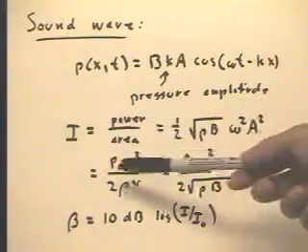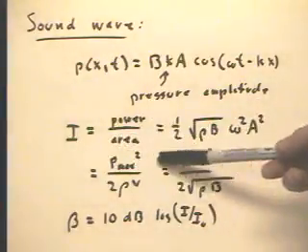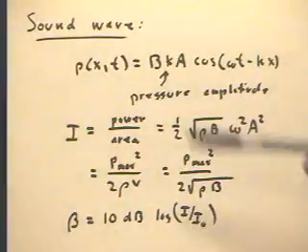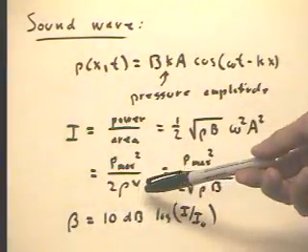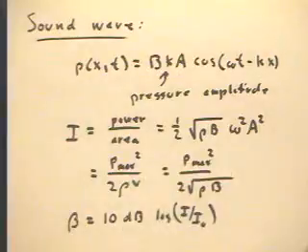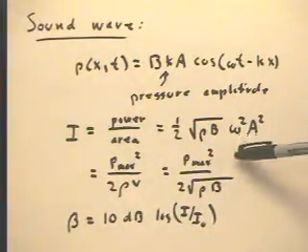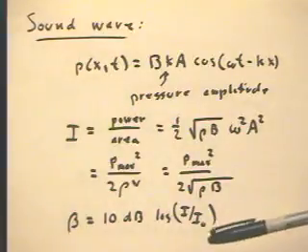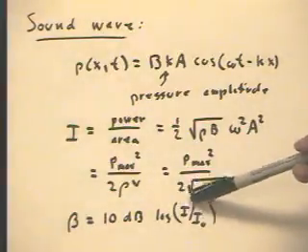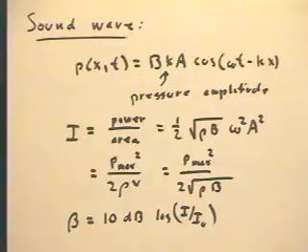So the intensity could be expressed as the square of the maximum pressure difference from equilibrium divided by 2 times rho v, where v is the velocity, or the square of the maximum pressure difference over 2 times the square root of rho B. We have